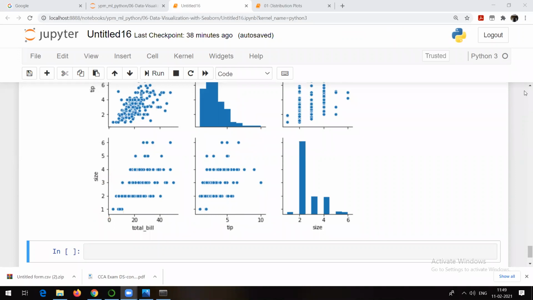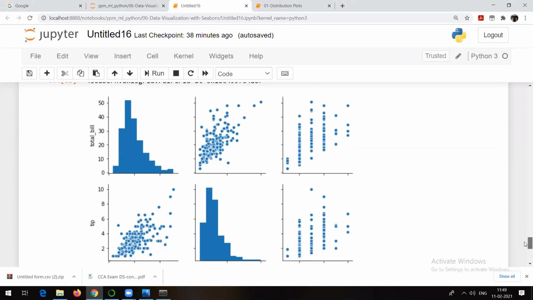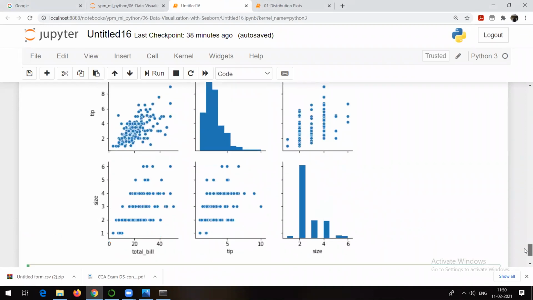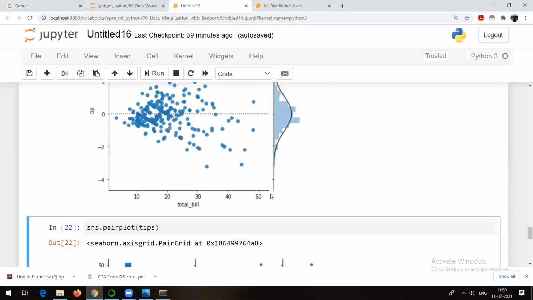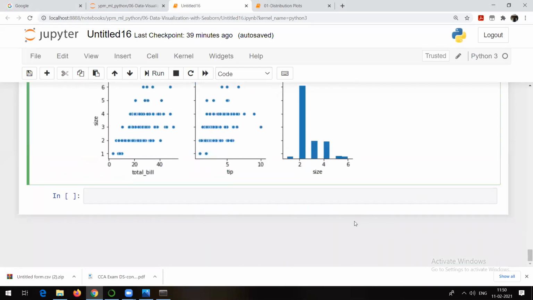Or otherwise, you can look at the graphs in another way also, whatever you want. Suppose I want to see the relationship between total bill and tip. Just take this particular graph. Same thing it is showing. Or tip and tip, you will get this graph. Or tip and size, you will get this graph. So the point to note down here is that by default it is showing us this kind of relationship only for numerical data. But what if I want it for data which is in categorical format,